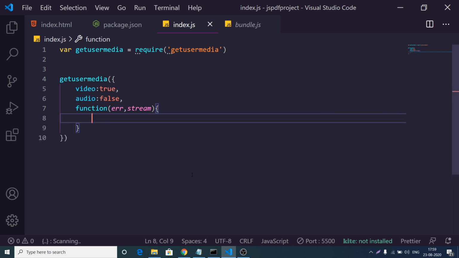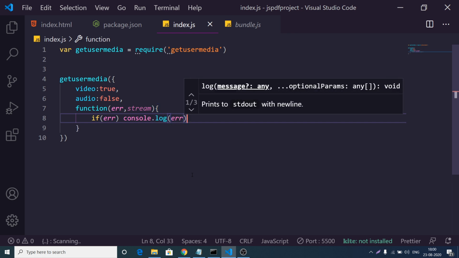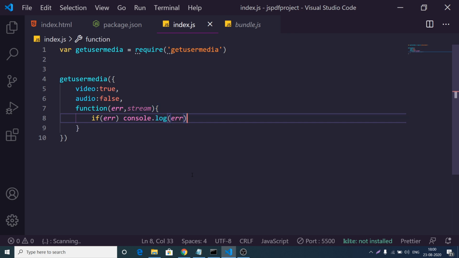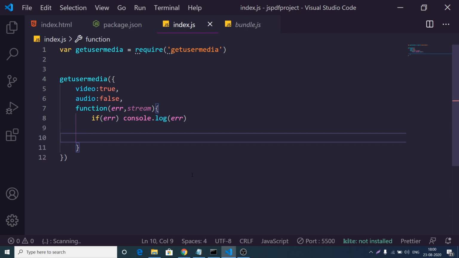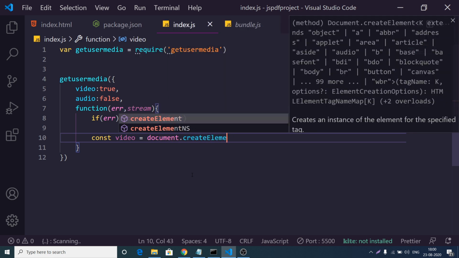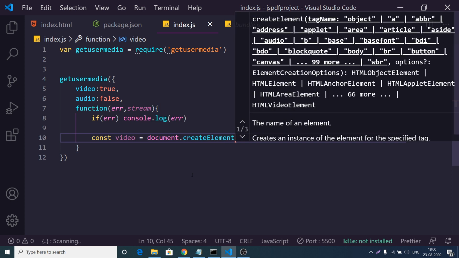What we can do is check for an error. If any sort of error takes place, then we can console log it and show the error on the screen. If no error takes place, then we can display the stream in the browser. We can create a video element with document dot create element, like this.